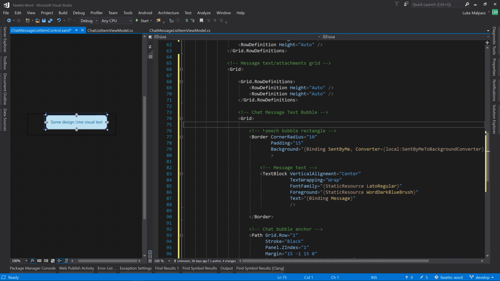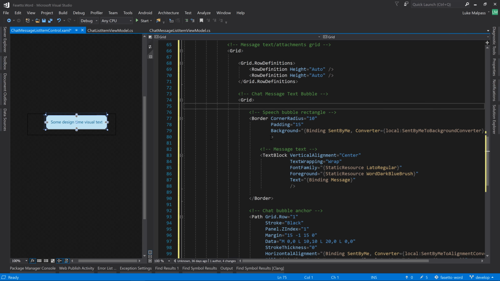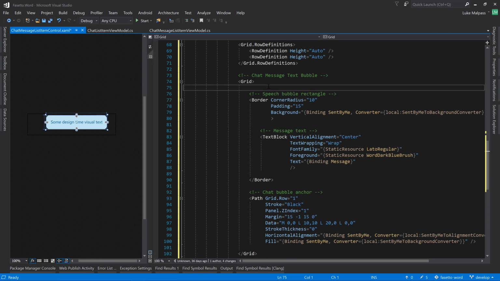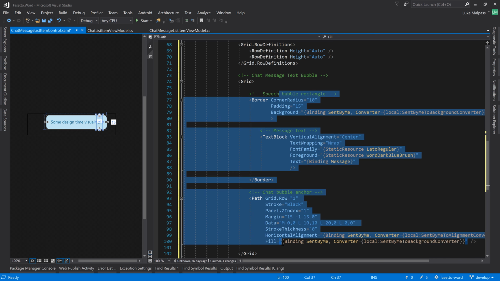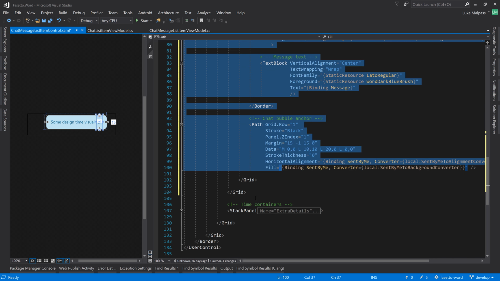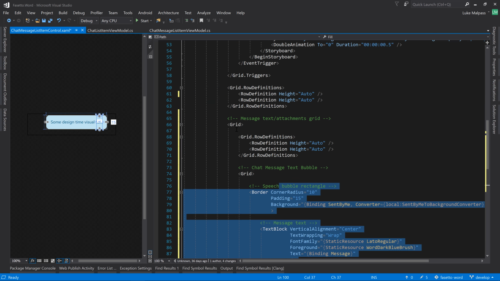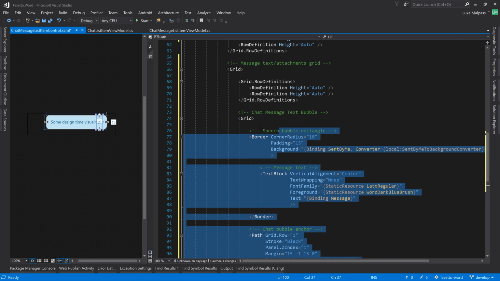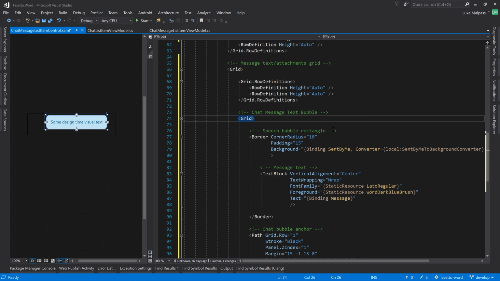So all we've done is move things around here. We've moved effectively this speech bubble and anchor from outside this top grid into a main container grid and into a subgrid. And this grid